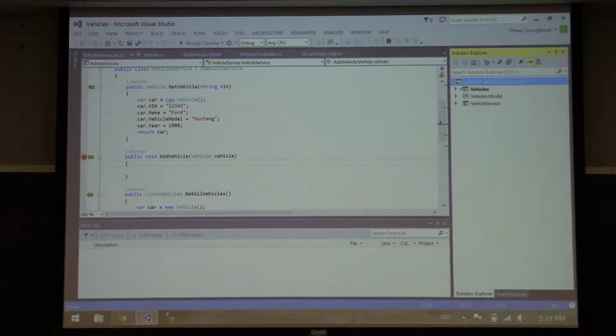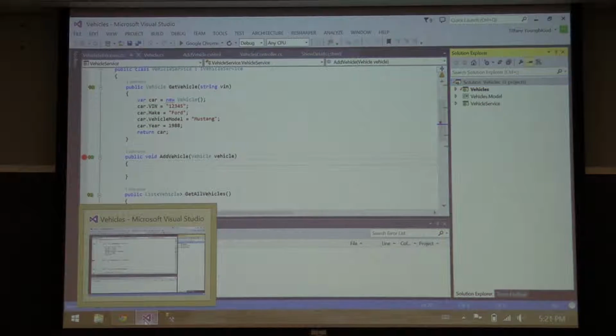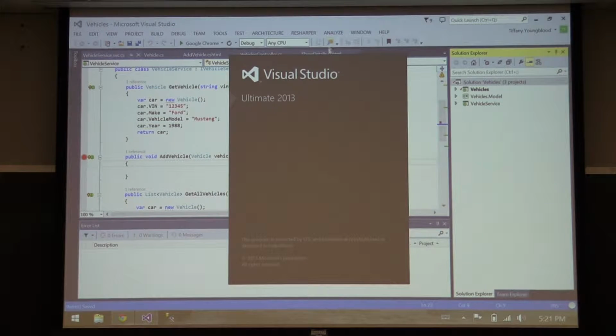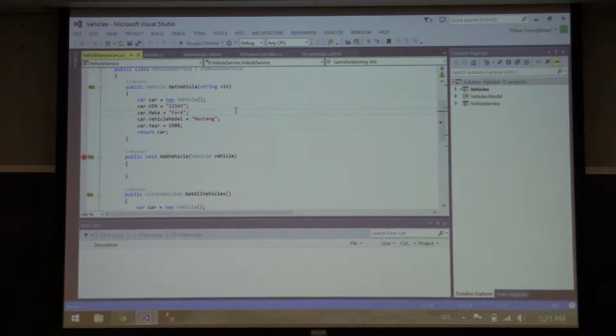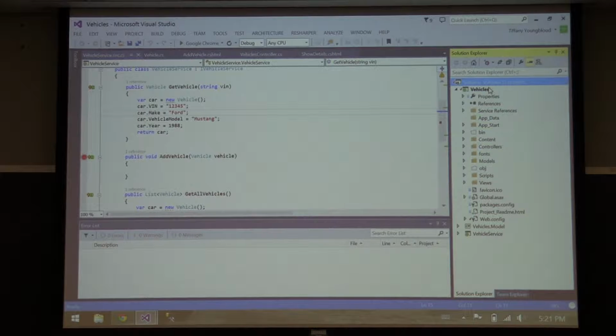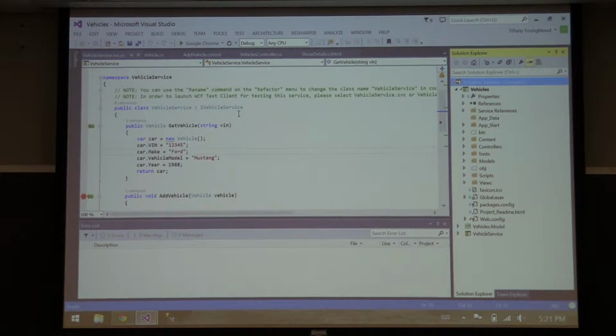I've already done this one, so let me open another one. I basically just brought everything in, and I kind of faked some stuff out to get it to work. But this was originally my vehicles project, which is the MVC project. So you guys have already created an address book that was an MVC project, correct? Y'all still have that, hopefully. Don't get rid of any of your stuff. All right. So we have the project, and it has